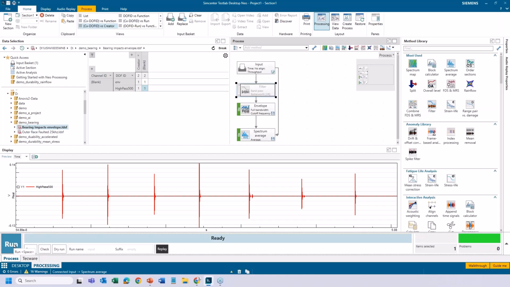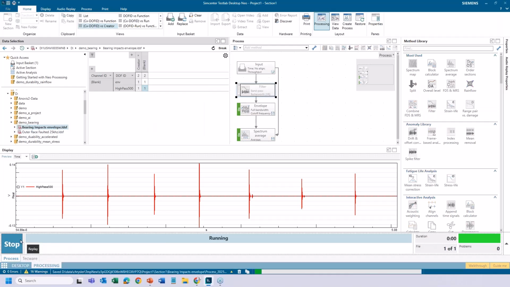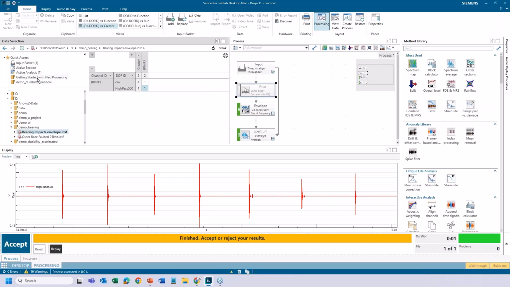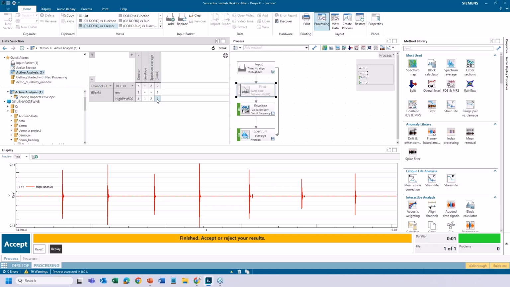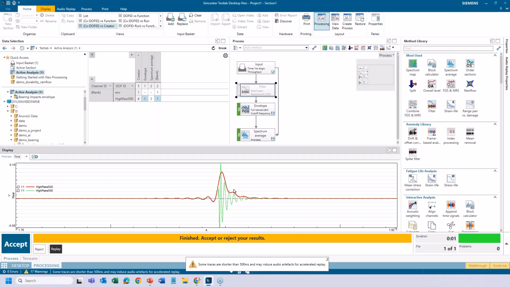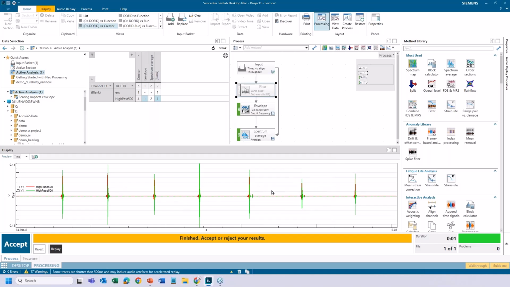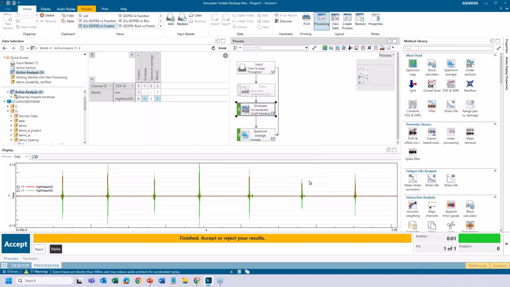I'm glad you do, because it's getting hard for me to keep track of. I got that envelope data in the input basket. I ran the process going to the active analysis here. So we got the original time history. I got the envelope. If I zoom in, you can see the envelope following the signal. You can apply a filter to it so that, like in this case, the envelope will only have frequency content below 200 hertz. If I make this cutoff frequency higher, it'll follow closer and produce more frequency content.